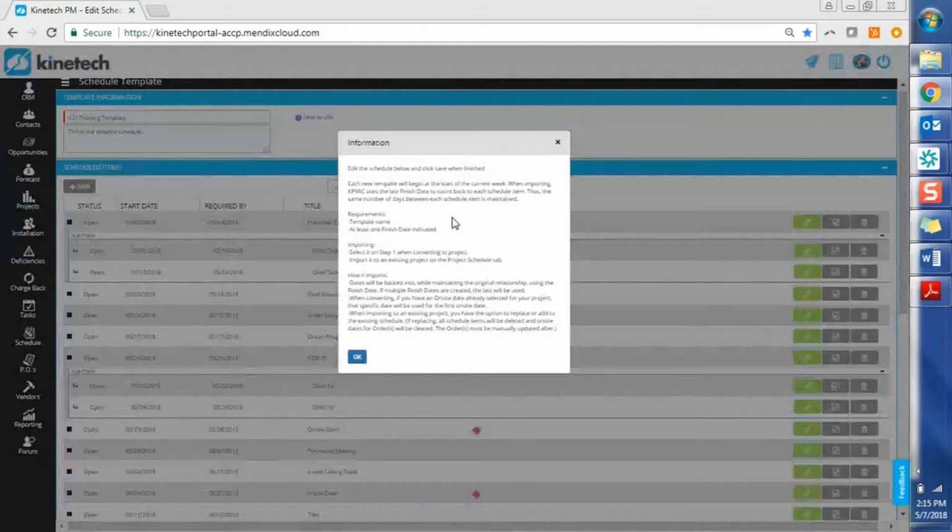Those are really the only two requirements, but the finish date is really the important one because that is used to back end everything else. So the reason we set it up like that versus just looking at your latest schedule item is so that